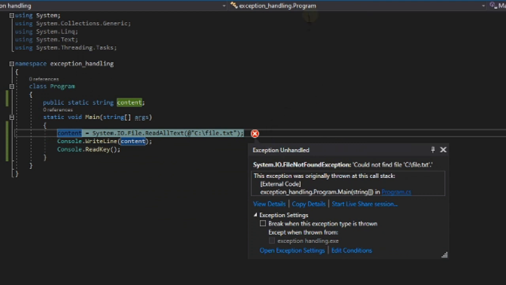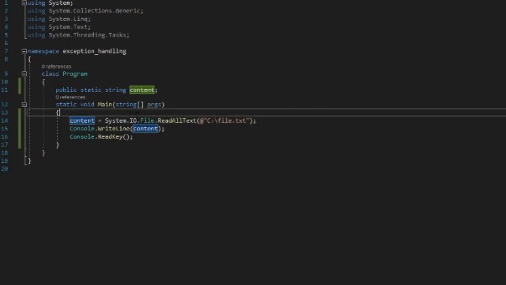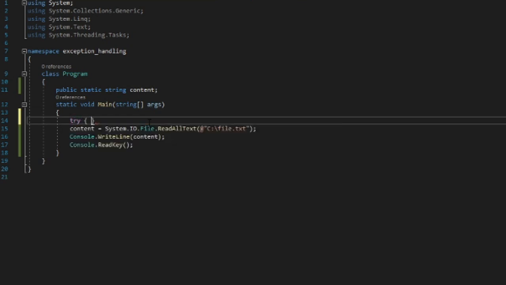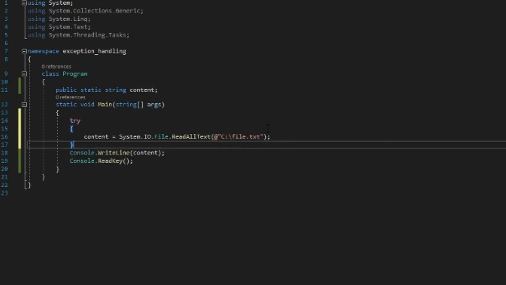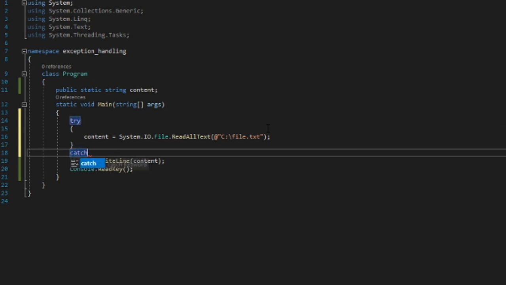Exceptions are really easy to handle. You just put try and then catch. So